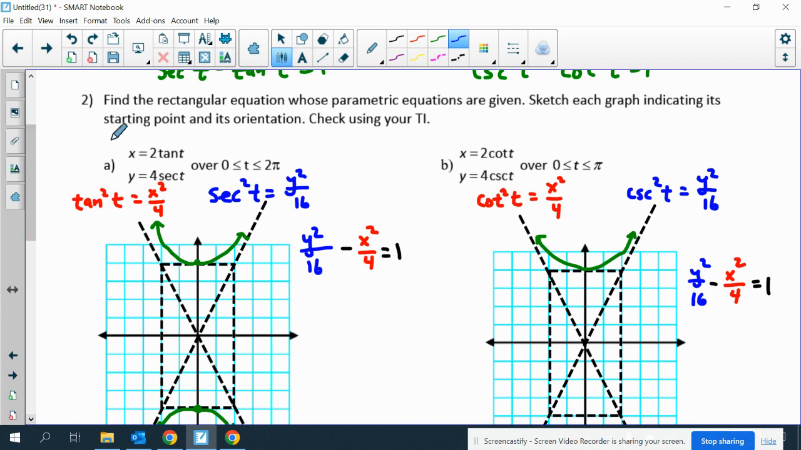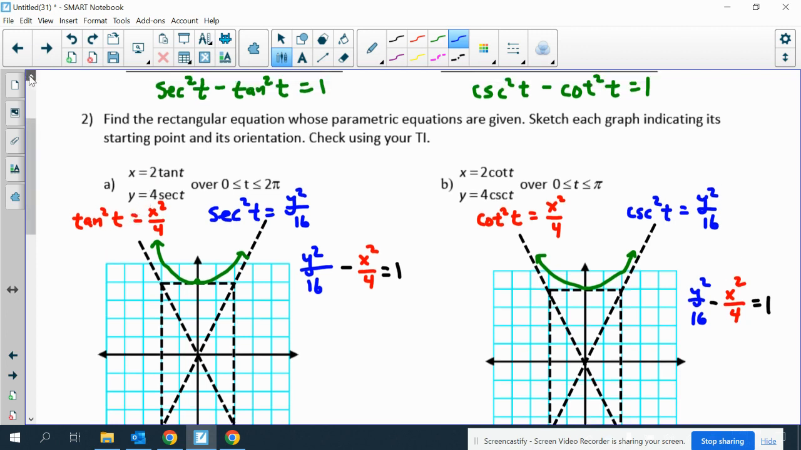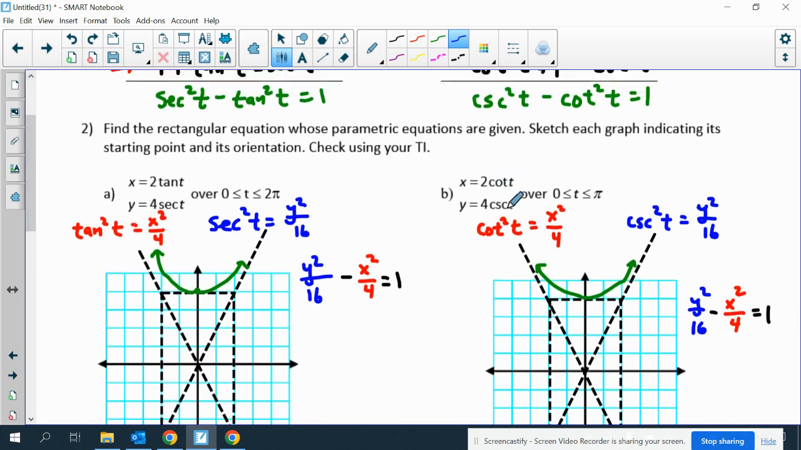So as you can see, these two problems, I would solve for secant squared and tangent squared. I would solve for cotangent squared and cosecant squared, and then I would substitute them into the formulas. As I substitute these things into the formulas, I end up getting actually the exact same hyperbola. So if we have a minus on the inside, I end up with a hyperbola. Now,